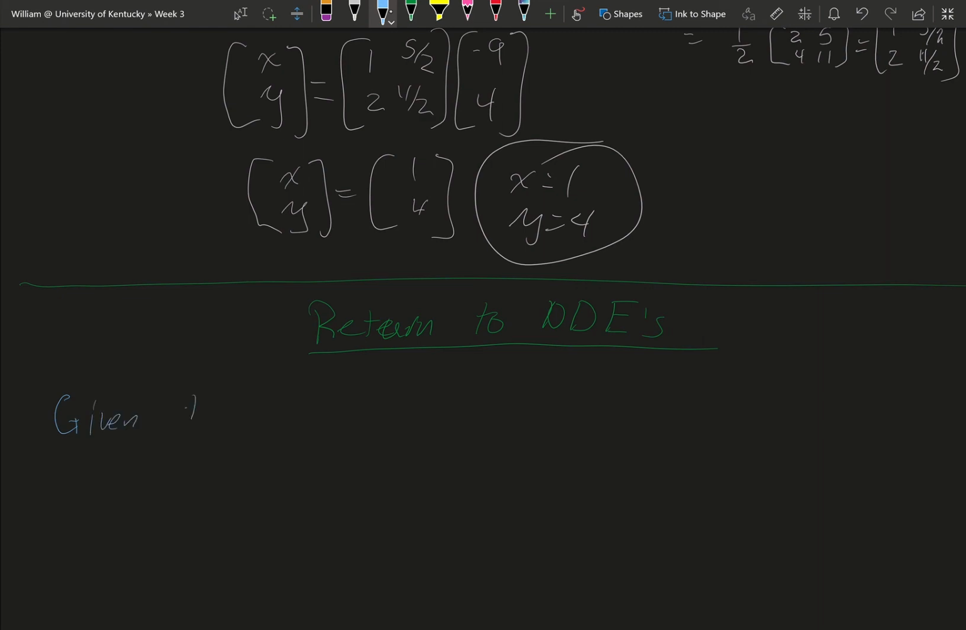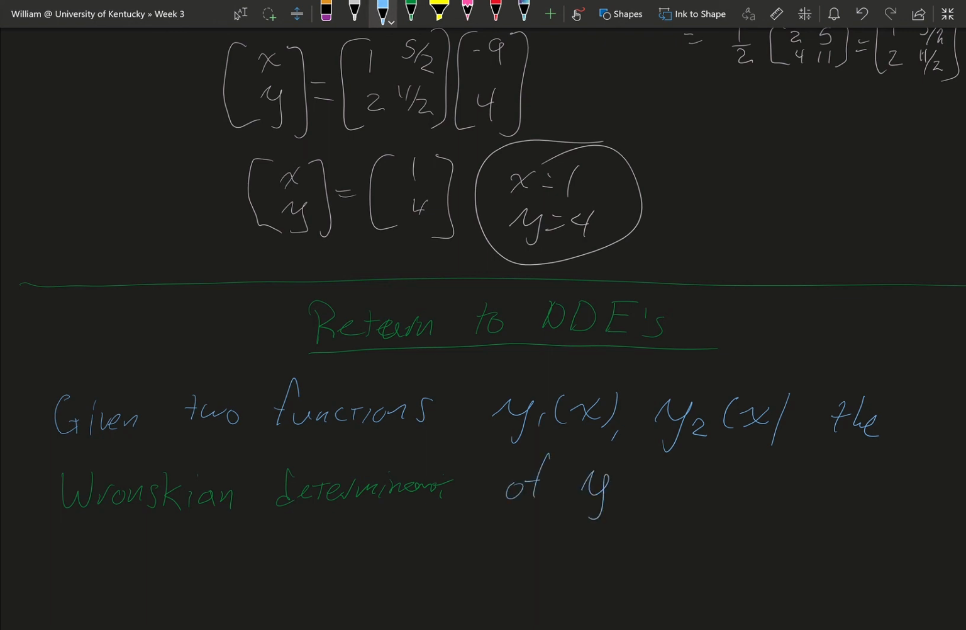Given two functions, let's say y1 of x and y2 of x, we're going to introduce the Wronskian, or sometimes called the Wronskian determinant, of the pair y1, y2. It is the determinant